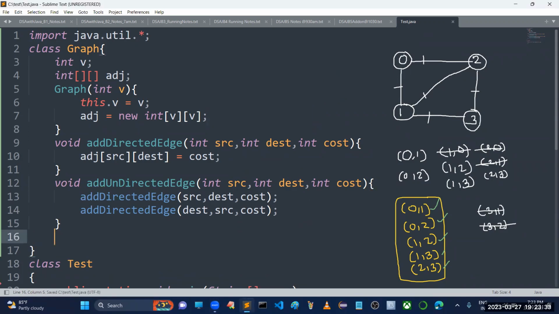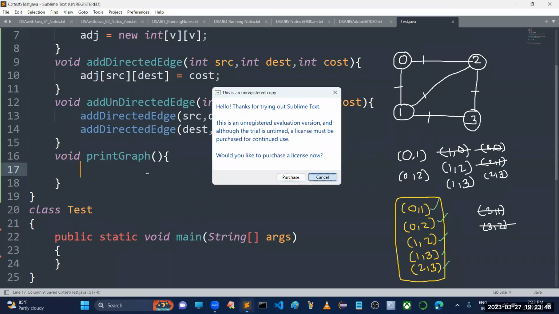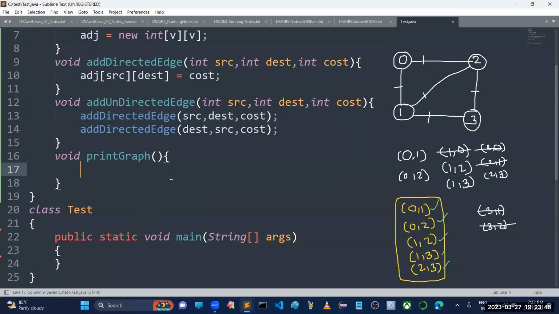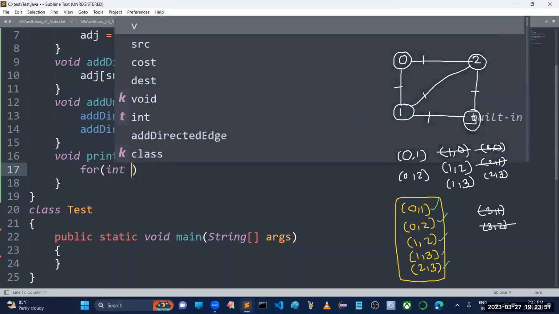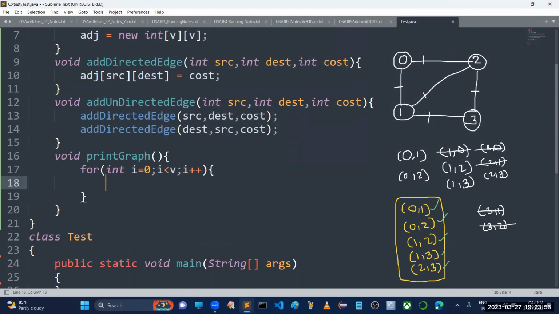Sir, next I want to print this matrix. So I want to define a print graph method, which is going to take no arguments and it has to print this particular matrix, sir. But I don't want to print in the normal style. Okay, in our graph format I will take i is equal to 0, i less than number of vertices, i plus plus. Then what we have to do, sir, System.out.println of, I think better print of. Sir, here I am writing vertex. Okay, vertex i is